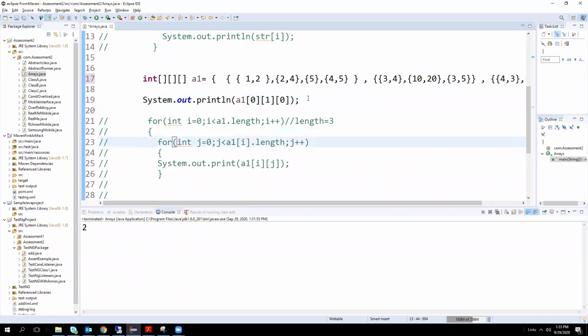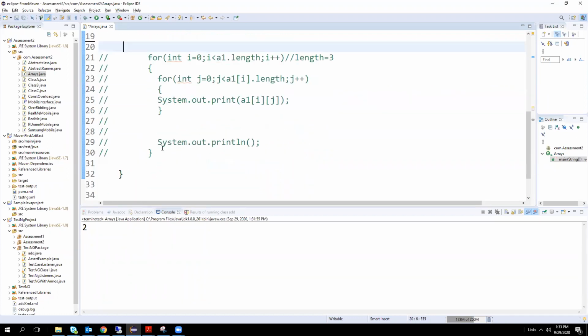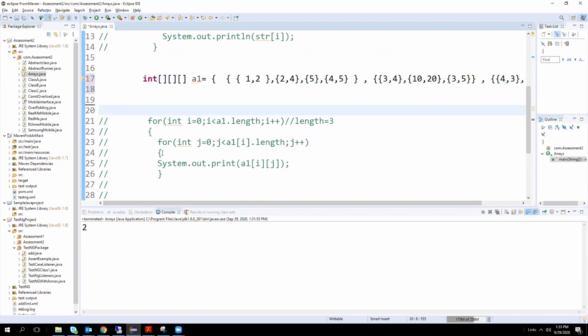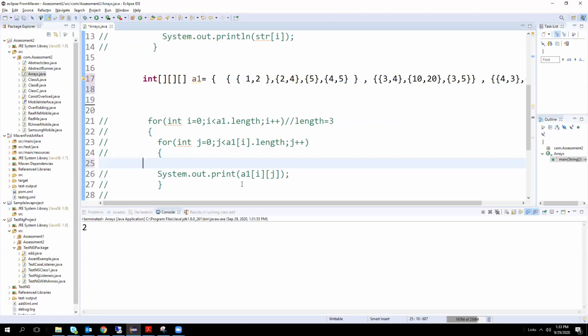Now we have to print all the elements in this array. For a 2-dimensional array we use 2 for loops, and for a 3-dimensional array we'll use 3 nested for loops. Yes, we have to use one more for loop for the 3-dimensional array because